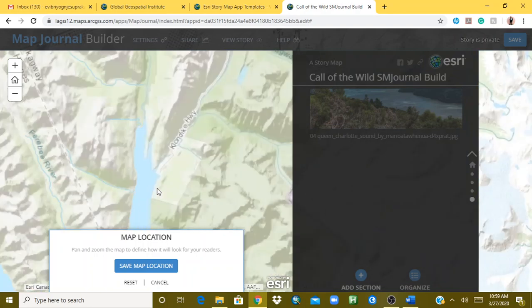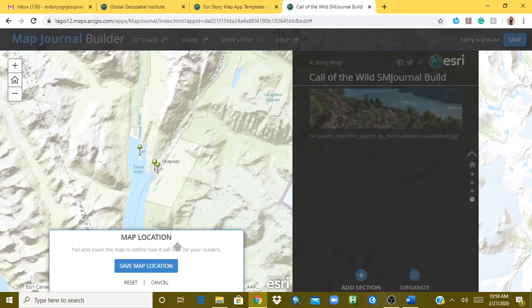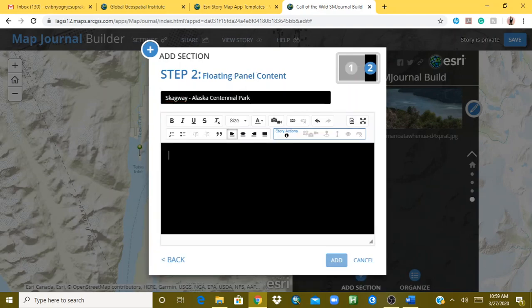Okay, so this is Skagway. I'm going to hit save map location, and I'm going to hit next. All right, so here,